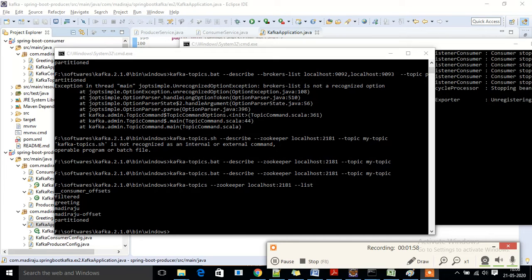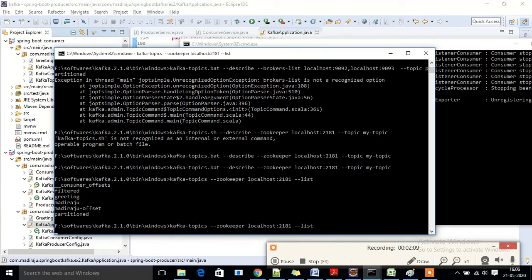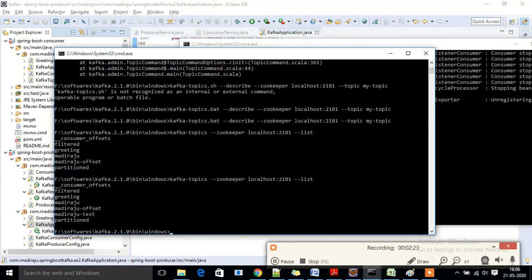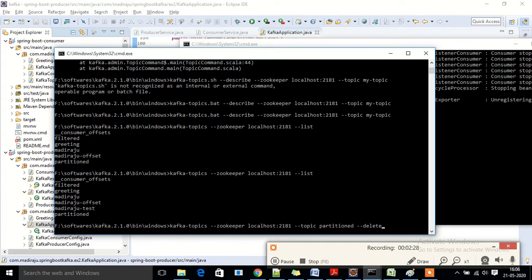Once we have the Spring producer and consumer running, you can see the topics that were generated automatically by Spring over here. But if I am using partitions, I need to create the partitioned topic manually. Right now Spring is not handling that, and I am looking into why it is not handling it. So only for this topic I am creating it manually using the create command. So this is the create command for the topic, and using this command I am creating the partitioned topic here.